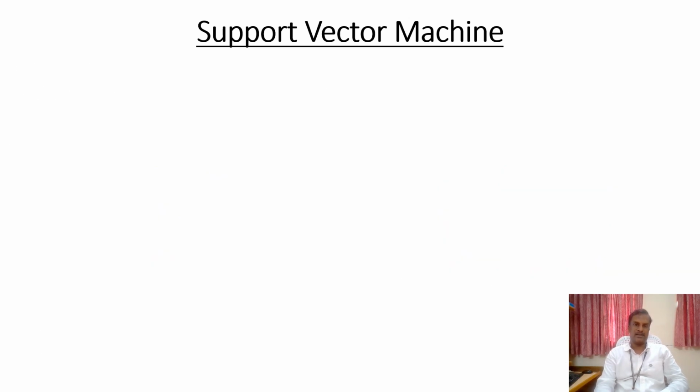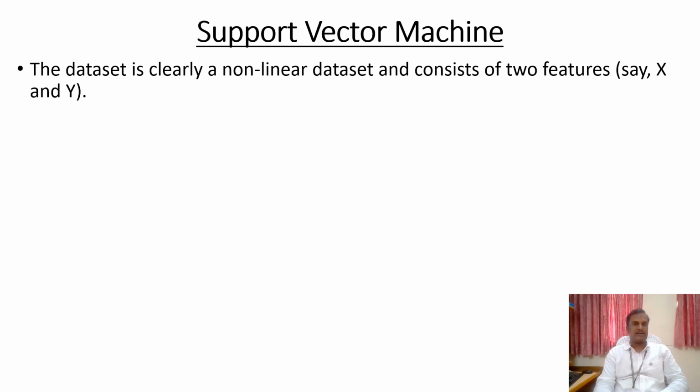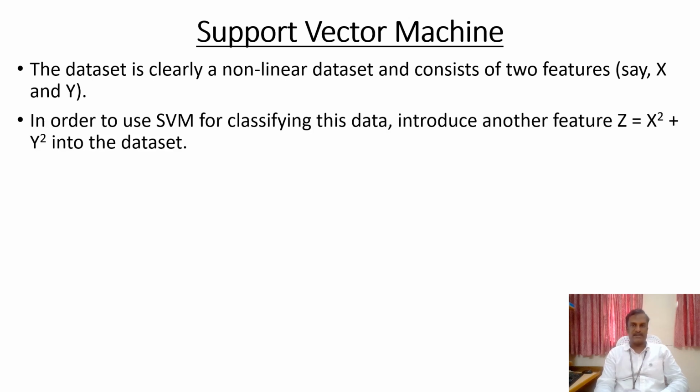So how do we do that? The data set is clearly a nonlinear data set, which I have shown in the previous slide. Say you have an X and you have a Y. Now what we are going to do is, in nonlinear SVM, we are going to project our data X comma Y into another plane using any one of the relations. Here the third plane I have indicated is capital Z, and the relation I have indicated is x square